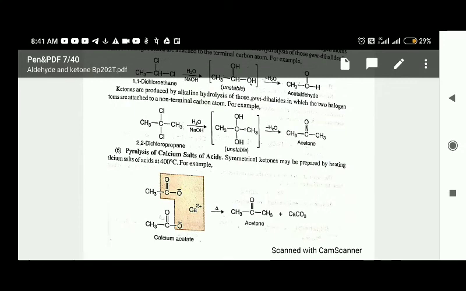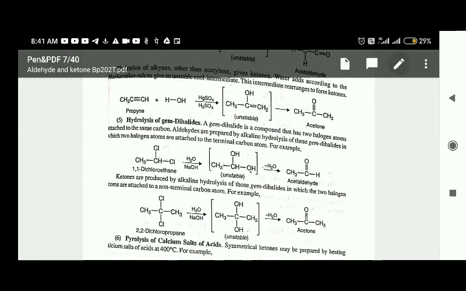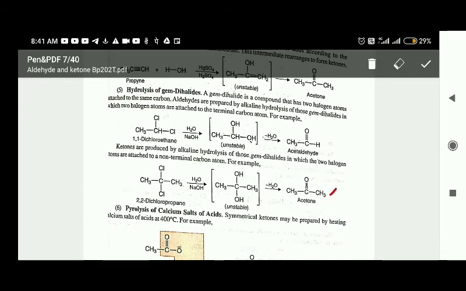Okay, so next we have studied the pyrolysis of calcium salt, what does it give? So this is acetone formed. Okay, always remember that where this kind of compound is there, you have to know how acetone is formed. Okay, next is your, this is the most important question for your MCQ also, how you are going to prepare the acetone. What is that? Acetone. So for ketone kind of compound to prepare that, in one carbon two chlorides have to be attached. Please remember this one. In one carbon two chlorides have to be there, gem dihalide kind of compound has to be there. So only you can prepare the ketones. Okay, acetone. Please remember this one.